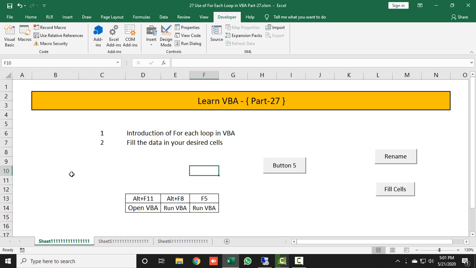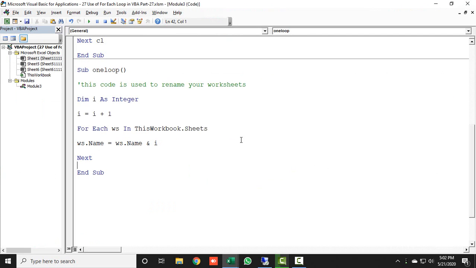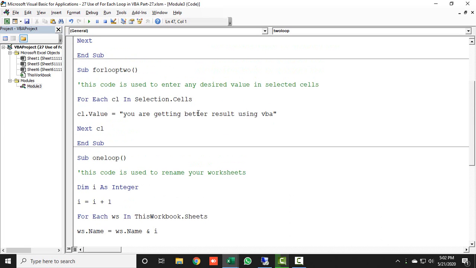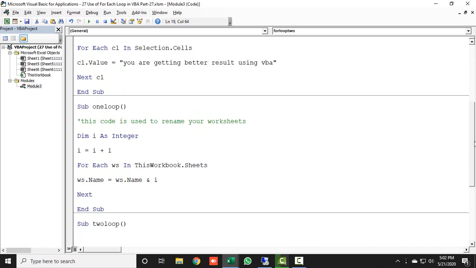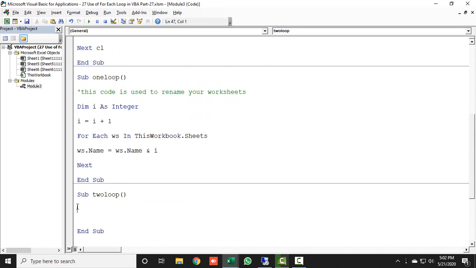Now let's learn how we can create the second sub to put any desired alphabet, text or number in this worksheet. Open the Visual Basic page, and here I will take another sub name, which would be to loop. Let me copy the comment so that I can save my precious time. Now I'm taking a For Each loop command: For Each cl.